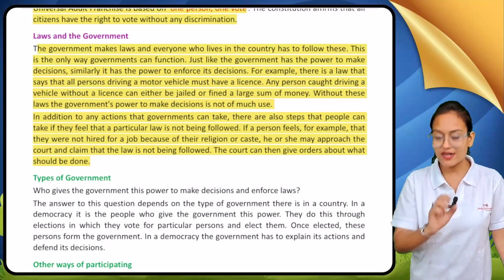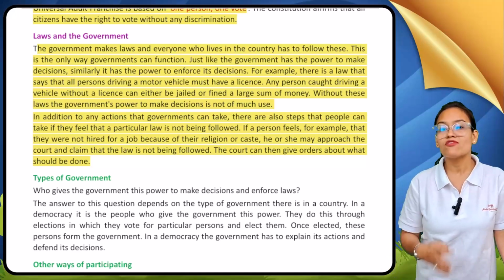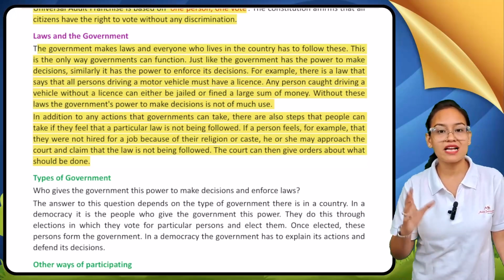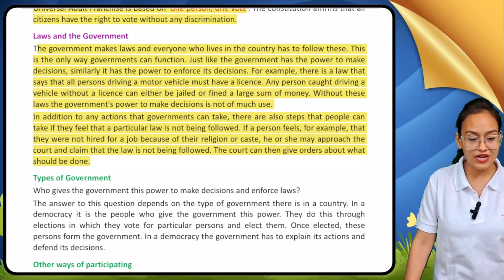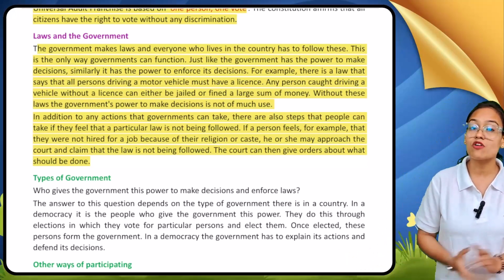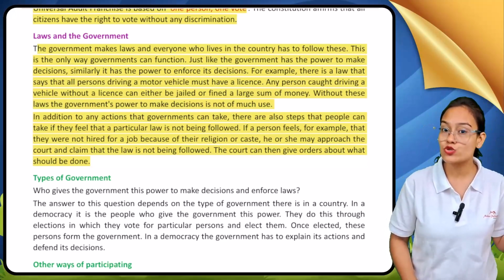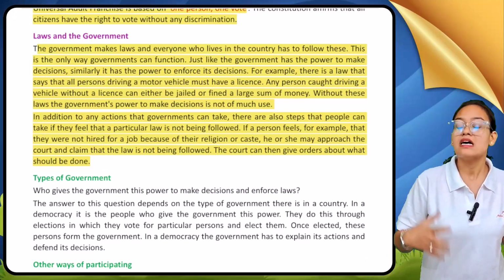All those who drive a four-wheeler, two-wheeler, or any kind of vehicle must carry a driving license. Any person caught driving a vehicle without a license can either be jailed or fined a large sum of money. So if the traffic police catches any person driving without a proper driving license,